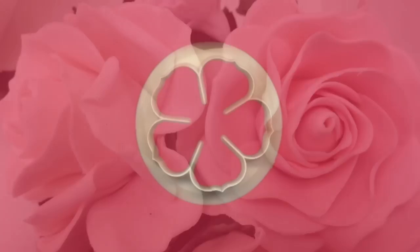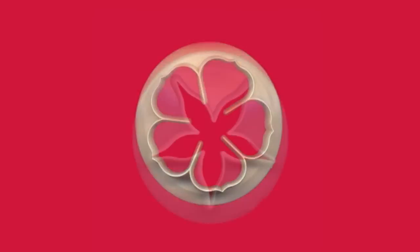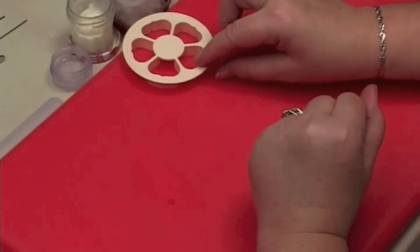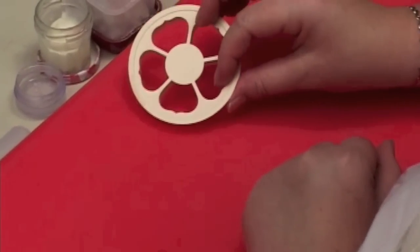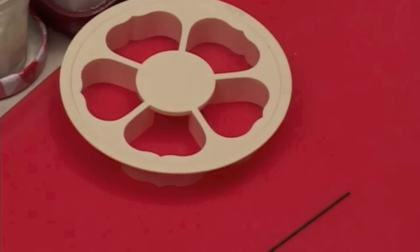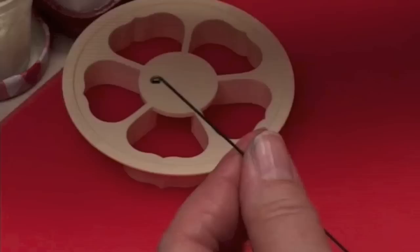Rose is created by using the 5-petal cutter, 75mm, calyx on the back. I'm going to show you how to make a rose using the FMM 5-petaled rose cutter. This is 75mm. I'm using a 20 gauge green wire, which I've hooked already with my tweezers,